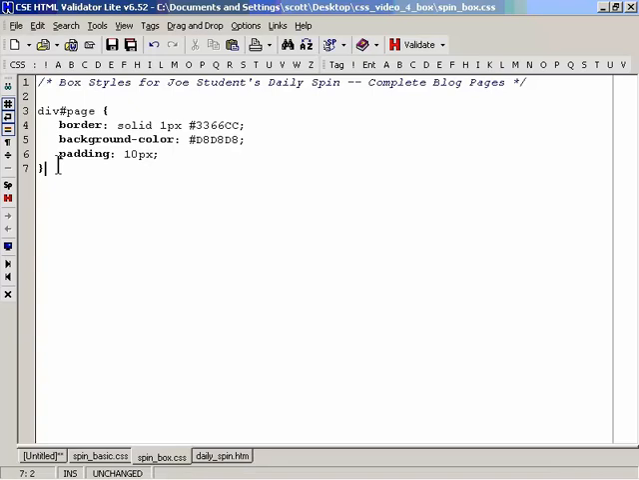Alright, let's continue now. The next rule we're going to use is to do the content area. Div pound content. The selector, by the way, in both of these cases could be without the div, but I think it just helps to emphasize what it is we're selecting. Alright, in this one we're going to put a border, which is solid 1 pixel, and pound